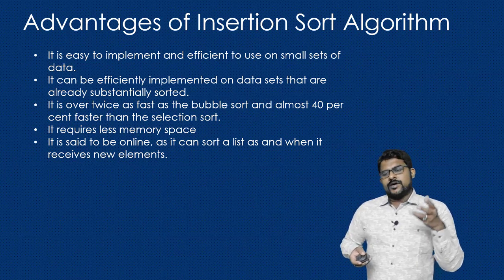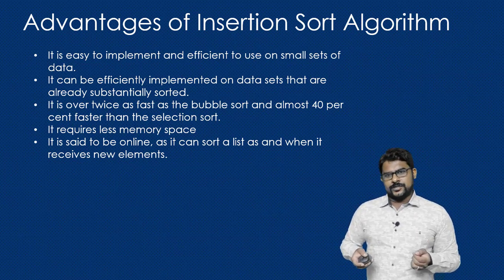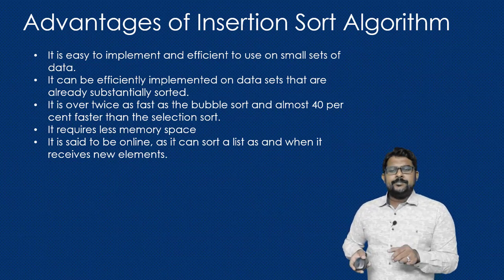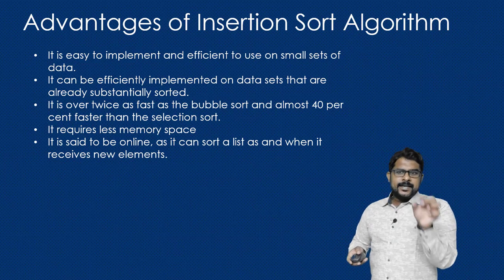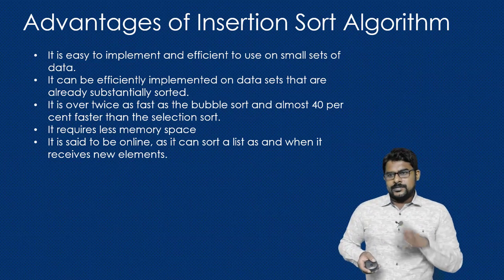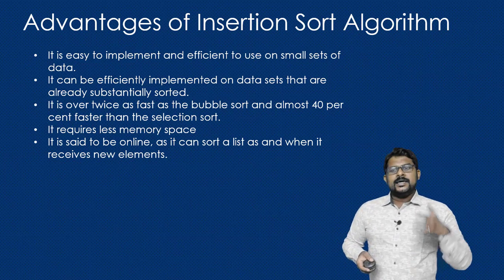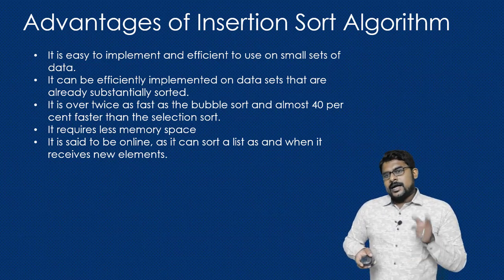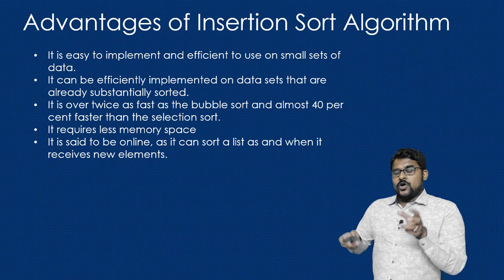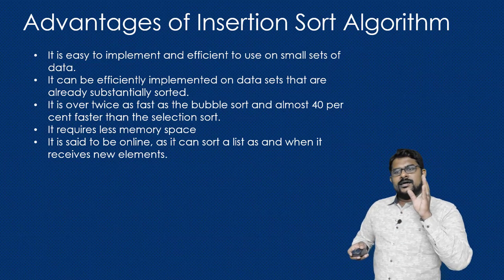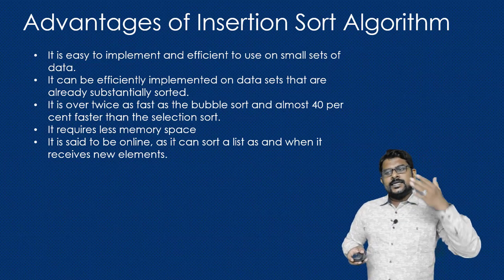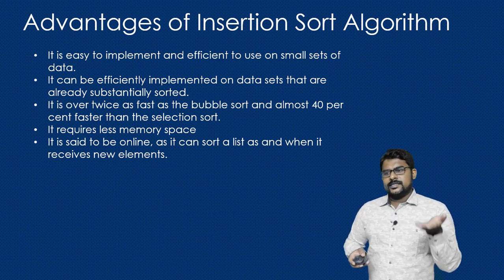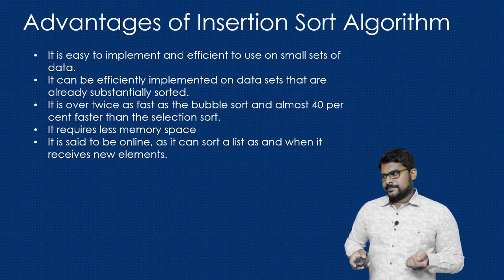The next one is it is twice as fast as your bubble sort. The next one is it takes very little memory, so it is actually in place. In place means in the same place itself you can sort the entire data. Okay, and it is much more efficient for small lists. And also if the list is already sorted, this sorting algorithm is very efficient, as we already saw, it can give order of n.